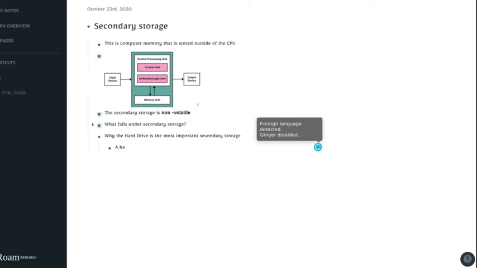A hard drive, this is the only one we're going to define. So that important secondary storage is defined as a typical stack of metal disks, which is inside a computer case. It stores a lot of data, right? But there's something that's a drawback. But there is a drawback